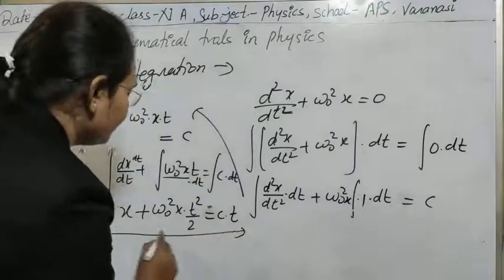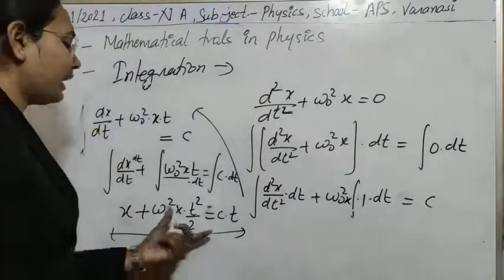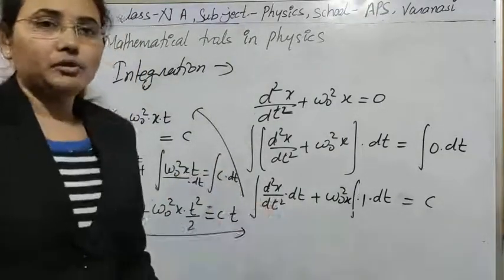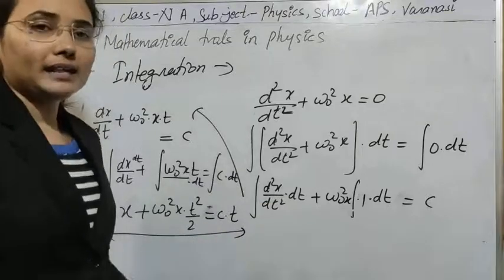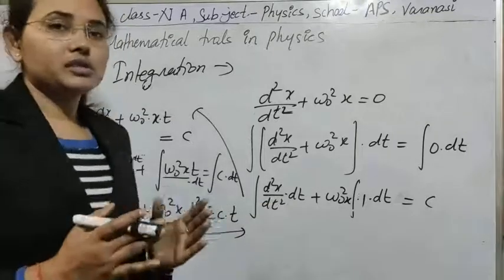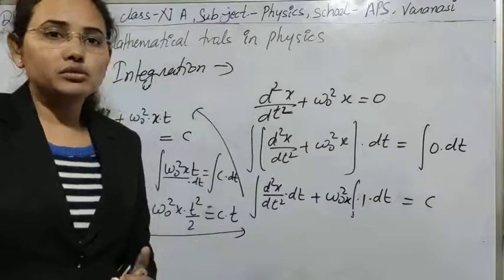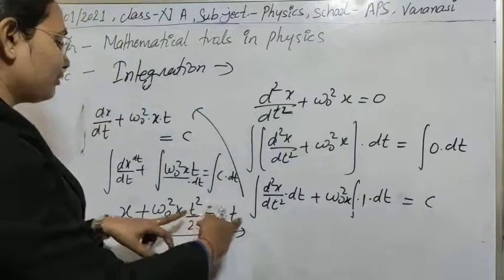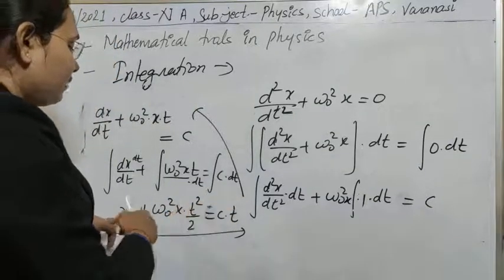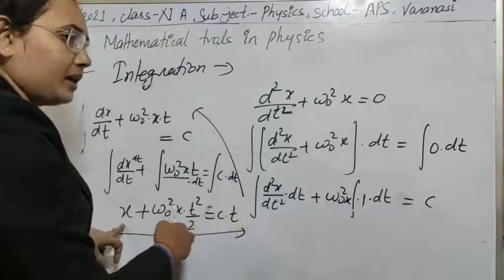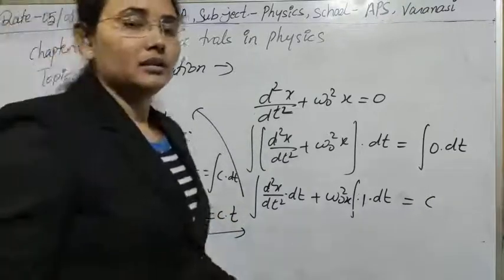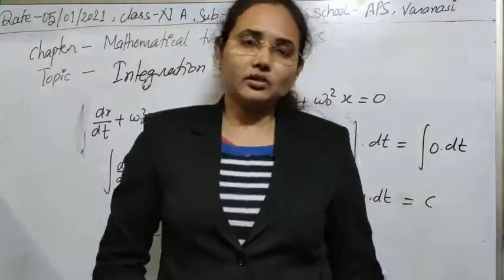In this way, if it is given at which time you have to calculate the value of x, meaning you want to find the position at t equal to 2 seconds, then you can put in the value 2. After that you can get a formula this way, and then you can solve it by any of the methods of algebra.